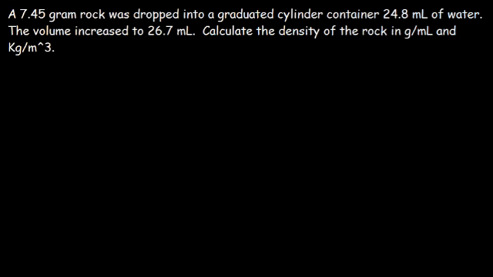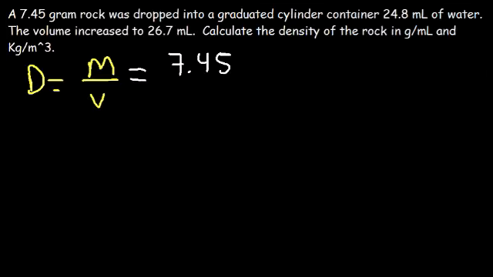So the equation for density is D is equal to M over V. And we have the mass of the rock. It's 7.45 grams. Now what we need to find is the density of the rock. So we need the volume. And so since the volume increased from 24.8 to 26.7, that increase or that change in volume represents the volume of the rock. And this is one effective way to calculate the density of an item by water displacement. And so if we take the difference between